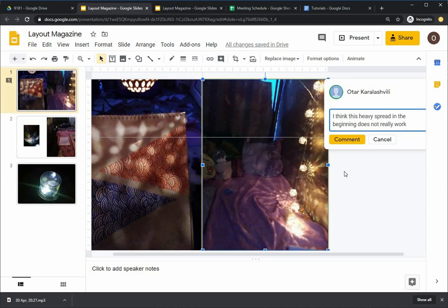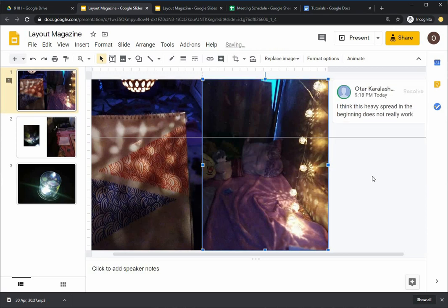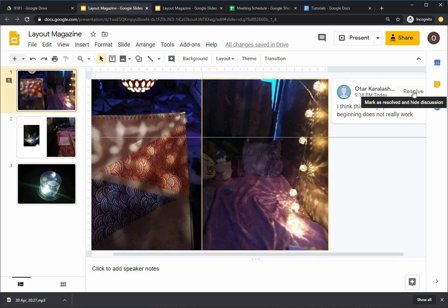So I'm leaving a comment for you, and when you open this file and I'm away, you will be able to see that, and you will also be able to see who commented, and then you can click on resolve if you like